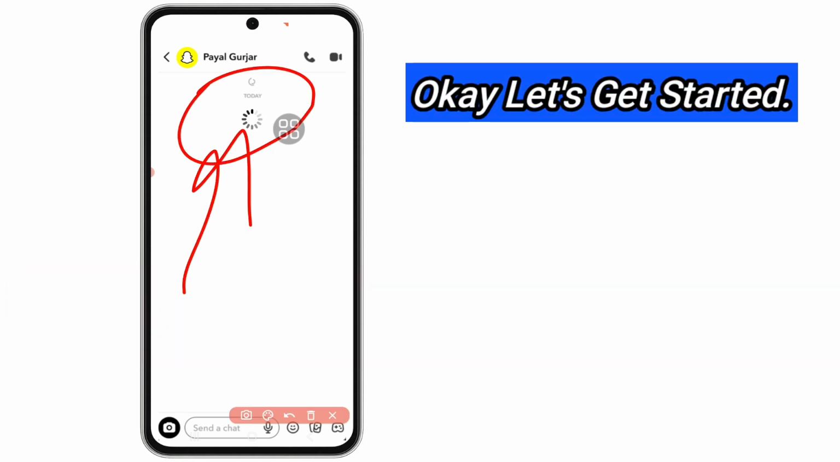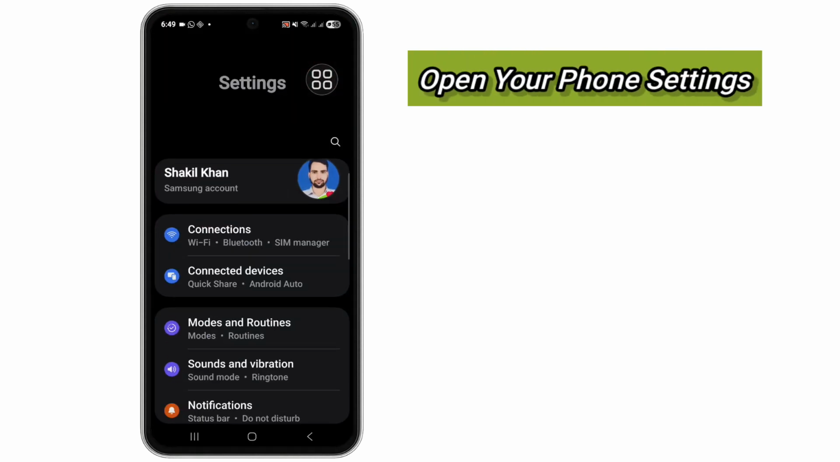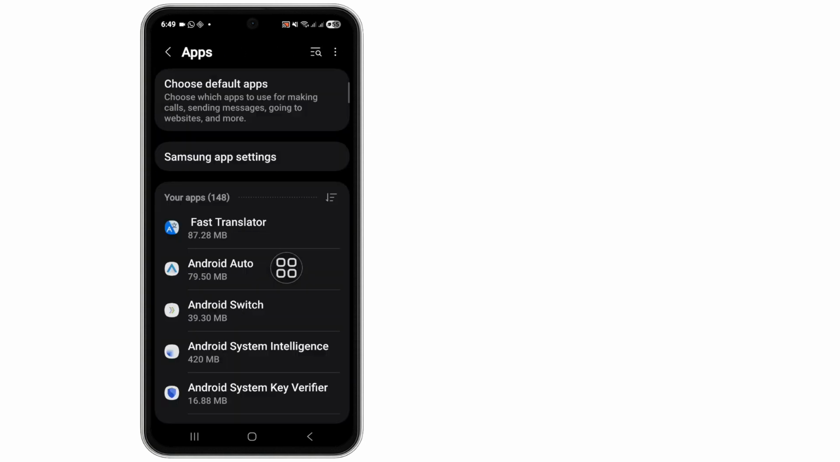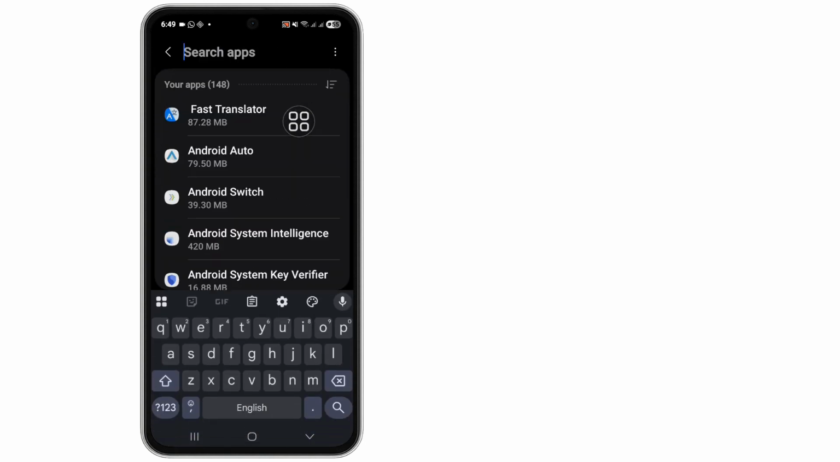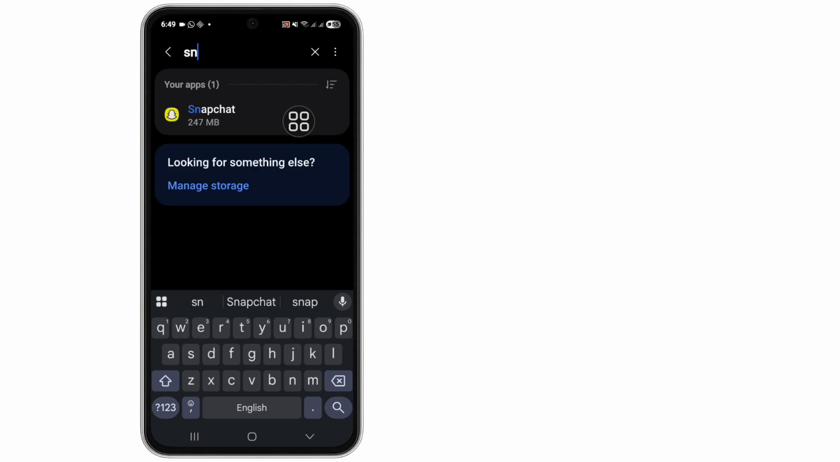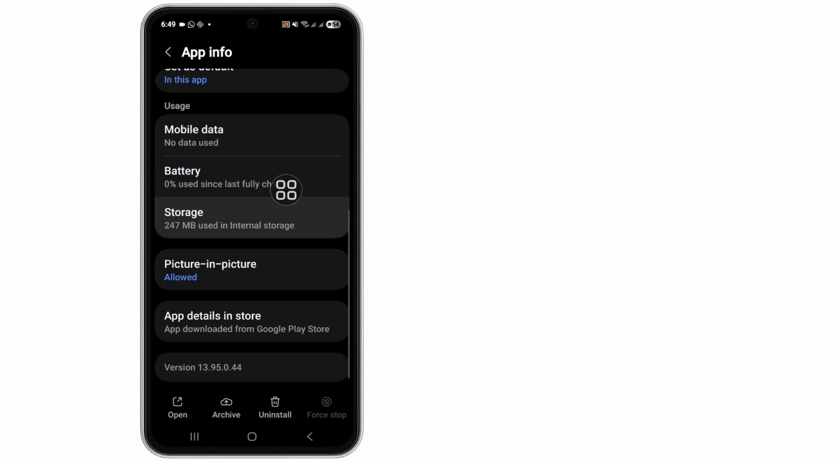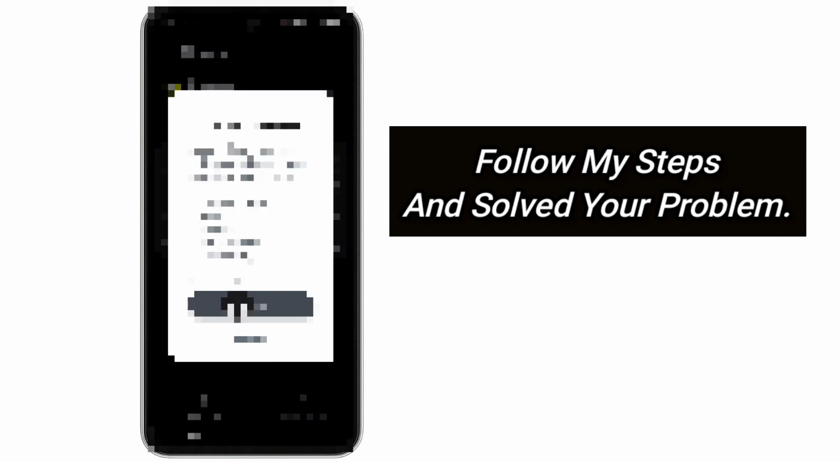Okay, let's get started. First of all, open your phone settings and scroll down, then tap on apps option and select search bar, search for Snapchat. Now tap on Snapchat and scroll down, then tap on storage and tap on clear cache and tap on clear data, delete. Okay, back,